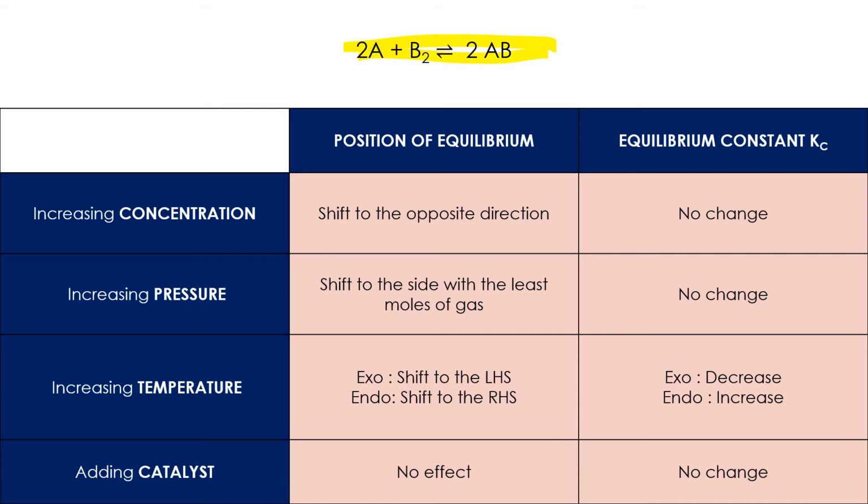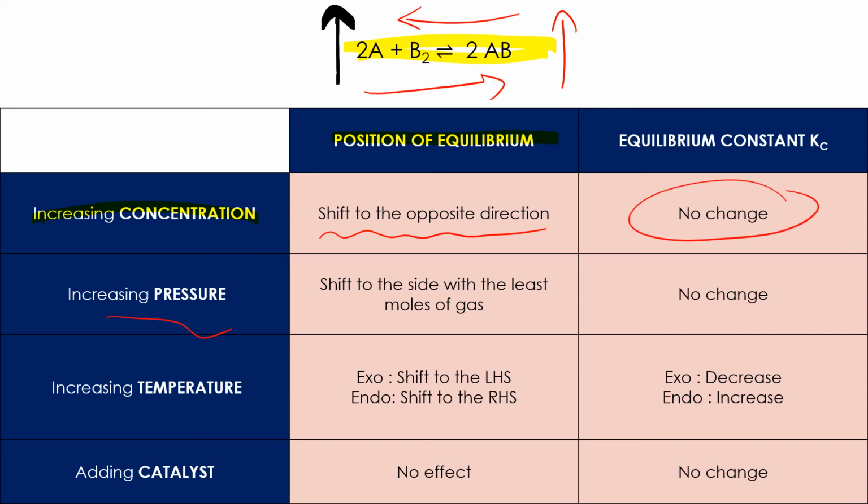2A plus B2 giving 2AB. If we increase the concentration of one reactant or product, what will happen to the position of equilibrium? It shifts to the opposite direction. For example, if we increase the concentration of the reactants, it will shift to the product side. If we increase the product, it will shift to the reactant side. So it will shift to the opposite direction. What will happen to the equilibrium constant? Nothing. If we increase the pressure, it shifts to the side with the fewest moles of gas,